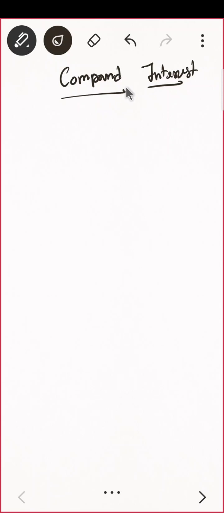Let us start. The next thing is compound interest. Okay. So what is compound interest? So what was my simple interest, if you remember? In simple interest, the interest was only calculated on the principal. Okay. And a compound interest